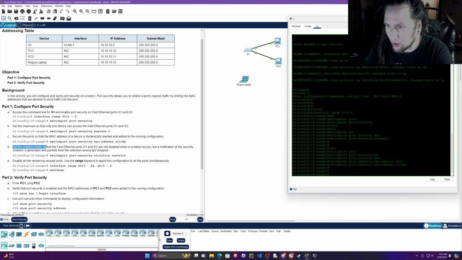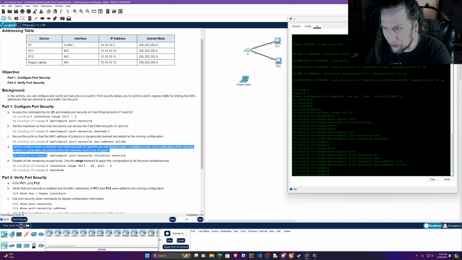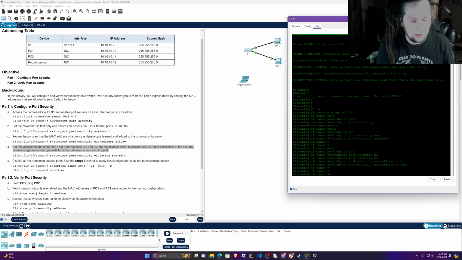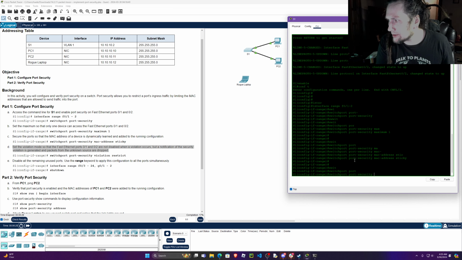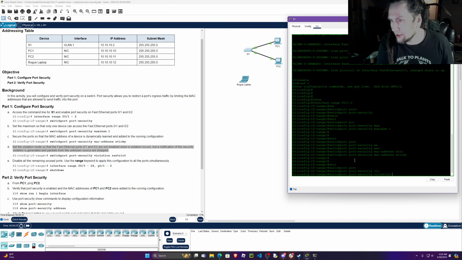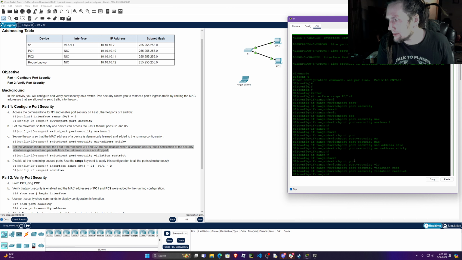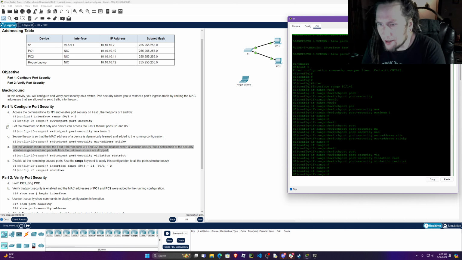Set the violation mode so that Fast Ethernet ports 1 and 2 are not disabled when a violation occurs, but a notification of the security violation is generated and packets from the unknown source are dropped. All right, so let's say switchport port-security violation restrict. Okay. And then finally, we're going to disable all remaining unused ports, and we're going to use interface range mode